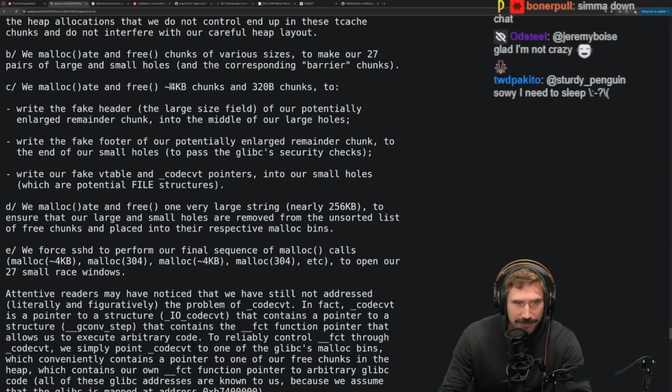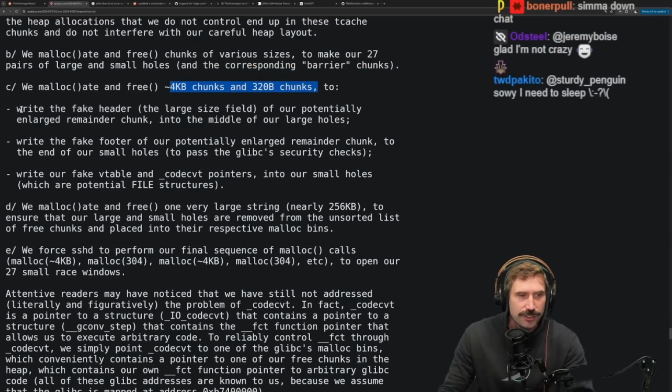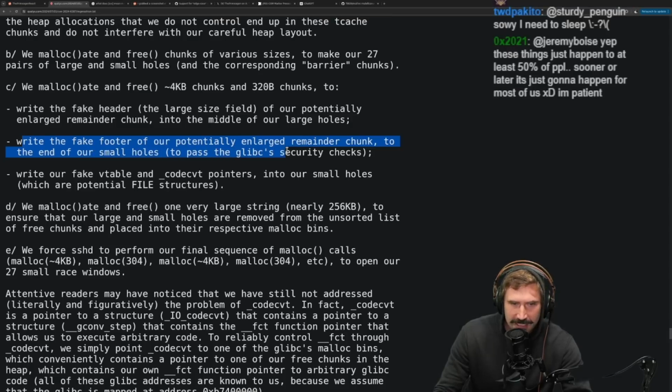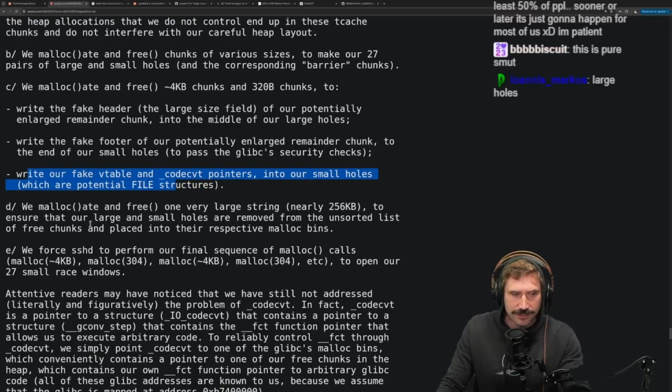C, we malloced and freed 4 kilobyte chunks and 320 byte chunks to write the fake header, with the large size field and our potentially enlarged remainder chunk, into the middle of our large holes, and write our fake footer into the potentially enlarged remainder chunk at the end of our small holes to pass the glibc security checks. We write our fake vtable and code pointers into the small holes, which are potentially file structures.